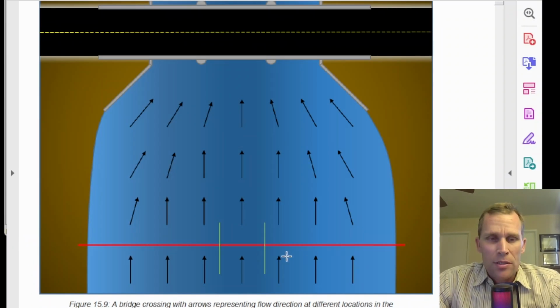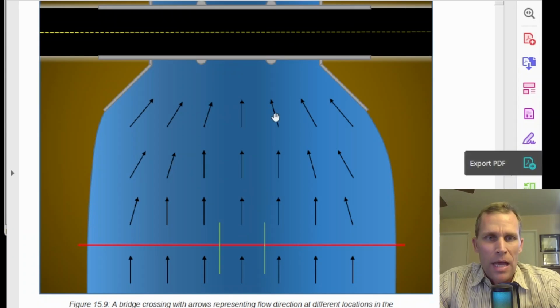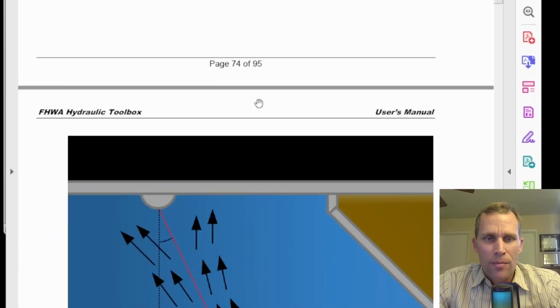The upstream cross section is defined as basically the cross section that's upstream of the bridge. However, it's the smallest distance upstream of the bridge where the flow in the river is not affected by the bridge constriction. And then the last part of the user manual I want to point out before we get to